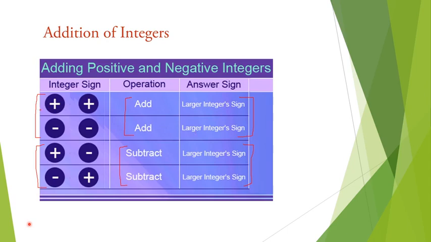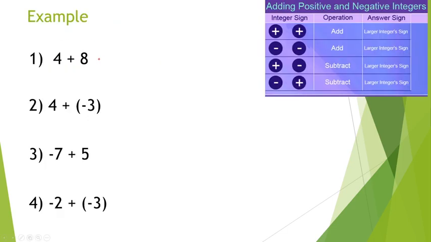And if both the numbers have the same sign, we will add them. If both the numbers have different signs, we will subtract them. That's it. Now, take question number 1. Both the numbers are positive. So what we have to do is perform the addition on the numbers. 8 plus 4 is equal to 12. That's it. That is the answer.